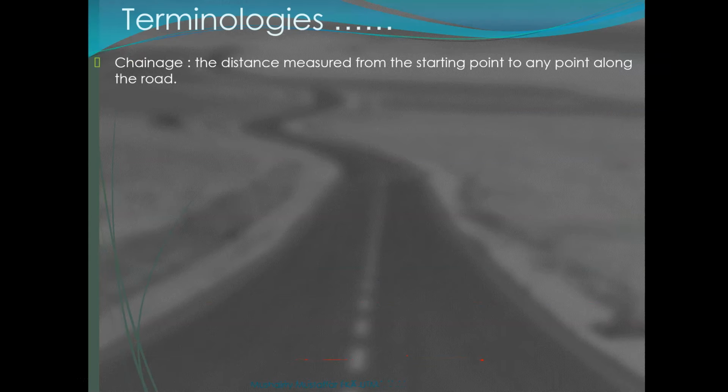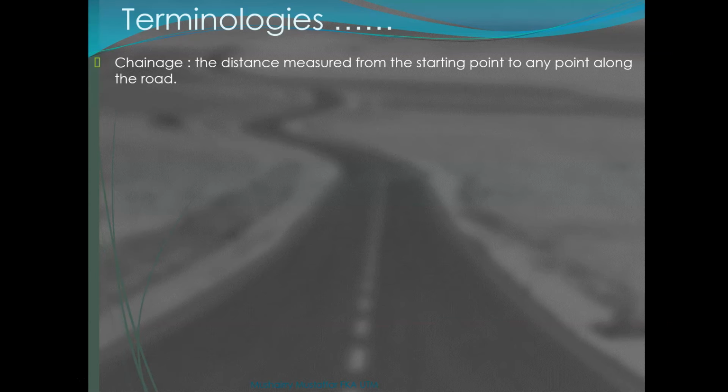Okay, chainage. Chainage is the distance measured from the starting point that we have chosen to any point along the road. I think probably the best example would be, let's say you're traveling on the highway, let's consider the one close to us, the PLUS highway. You're traveling up north.